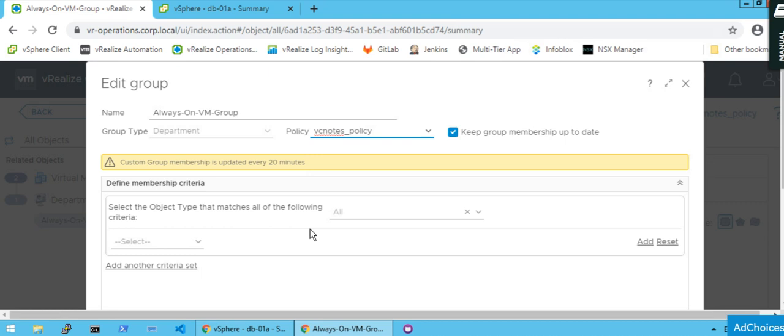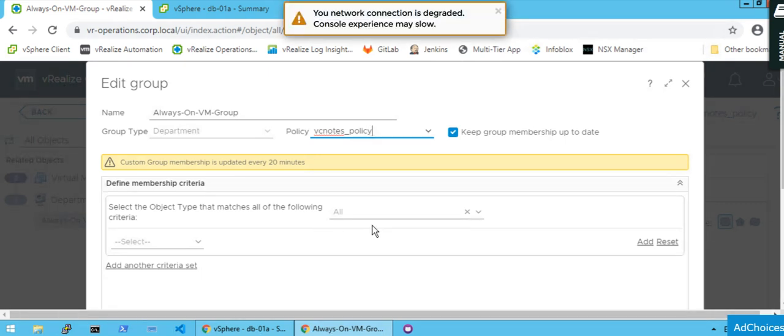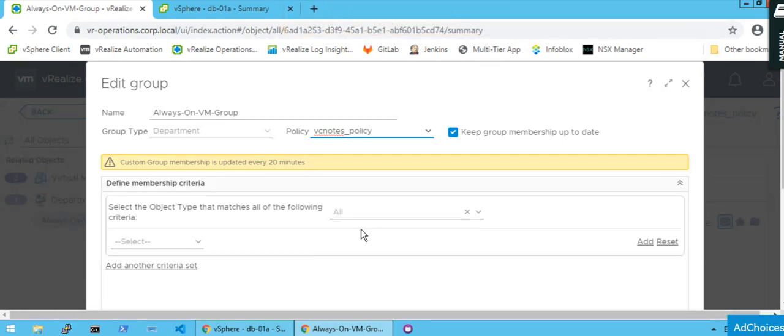Down here, as you can see, I have not selected any dynamic criteria, because I know the virtual machines which are critical and which need to be powered on at all times. That's why I have not specified any dynamic criteria. I hope you know what it means, and if not, I have given a link on my post on how to create a custom group and what it is. There is also multiple VMware documentation on that.